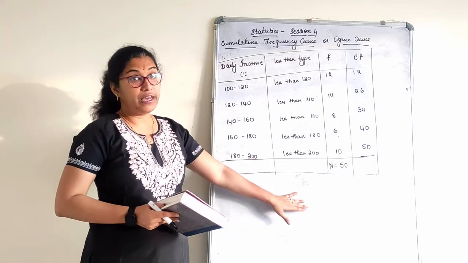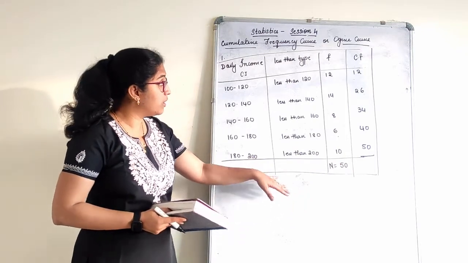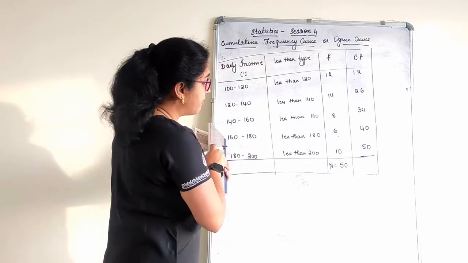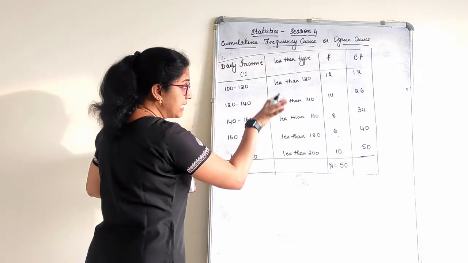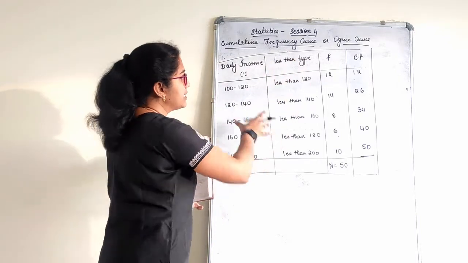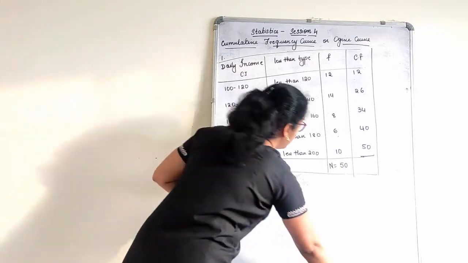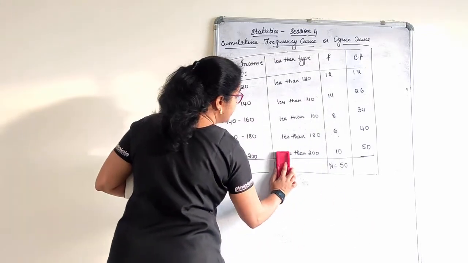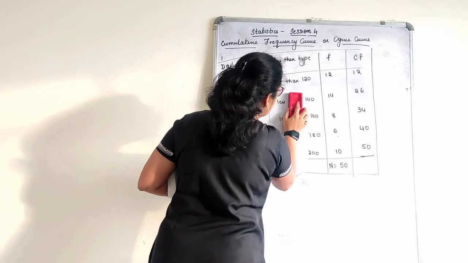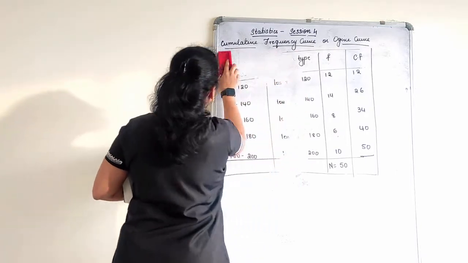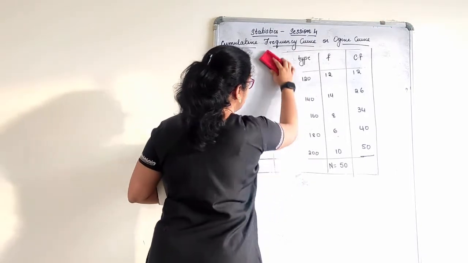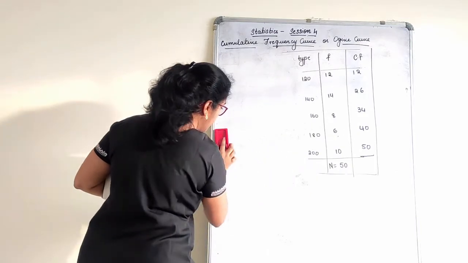Okay. Now we have to plot a graph. So now what I will do is, I will not have much space here. I will just erase this part, rewrite this once again and plan my work here. Let me erase this because I will not have space now to write it. Anyhow, I know this is less than.